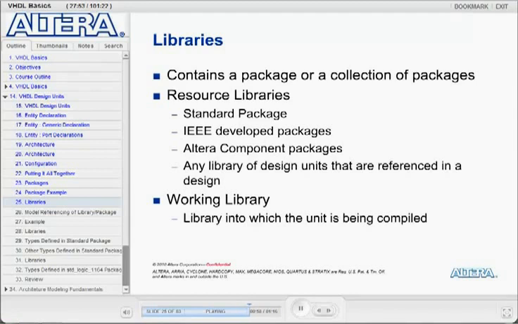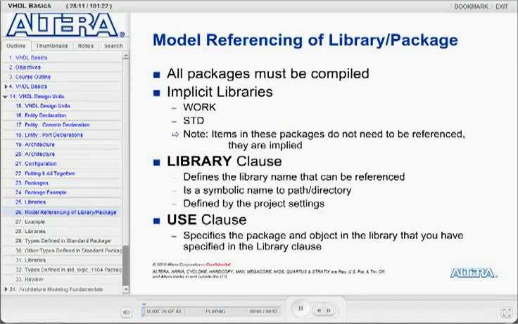The current project library in which you are designing is called the working library. If you don't indicate that you want something compiled into a specific alternate library, then it will automatically be compiled into your working library or directory. Before you can use any package, it must be compiled into a library. If you don't compile it into a particular library name, then it will automatically be compiled into the working library